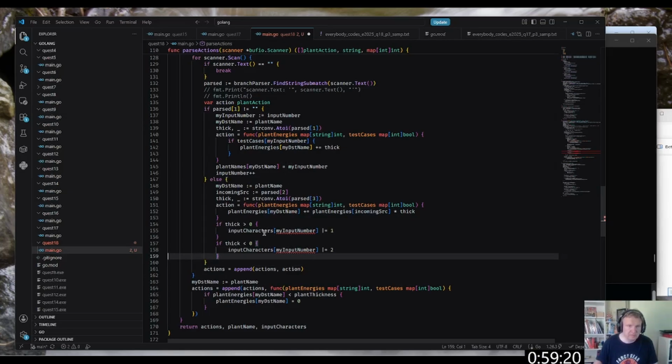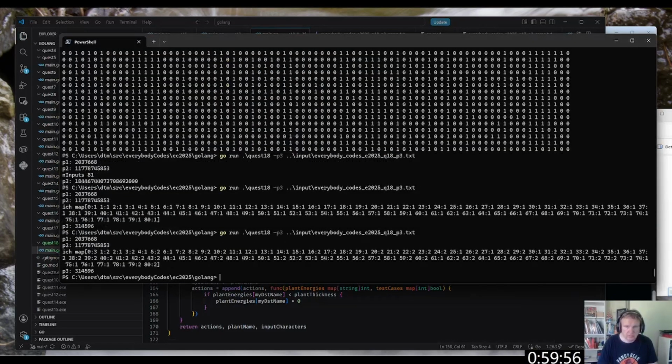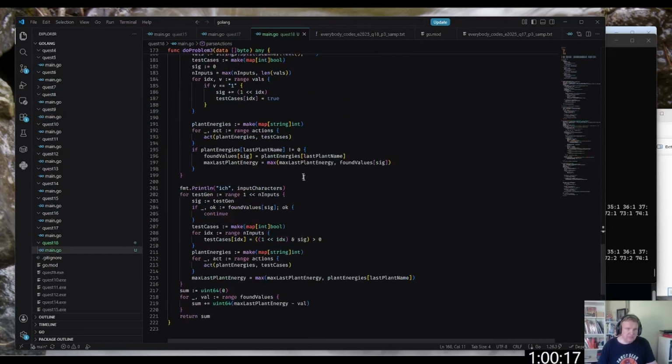Okay, input characters of... okay, so there is one that is 3. Okay, so